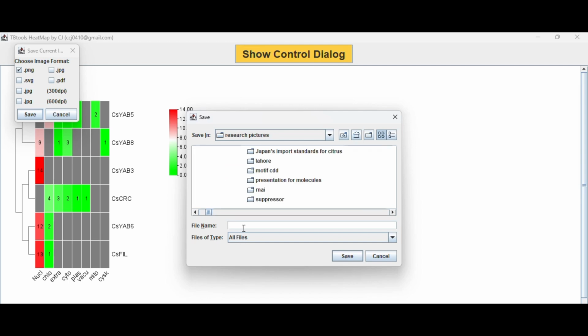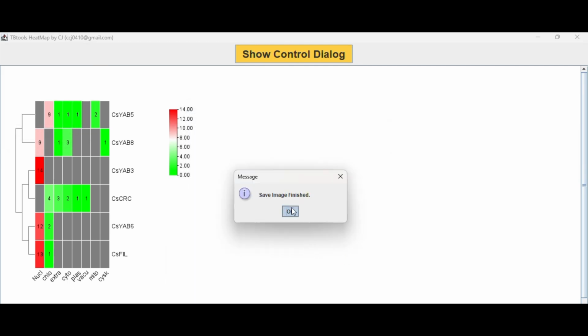Gene expression profiling. Heat maps are extensively used to visualize the expression levels of thousands of genes across different conditions, tissues, or time points. For example, in RNA-seq data analysis, heat maps can highlight differentially expressed genes, DEGs,